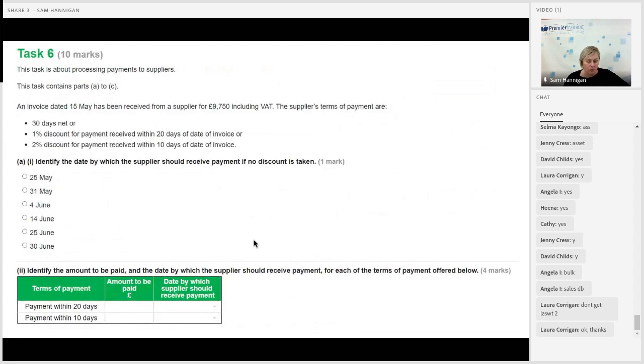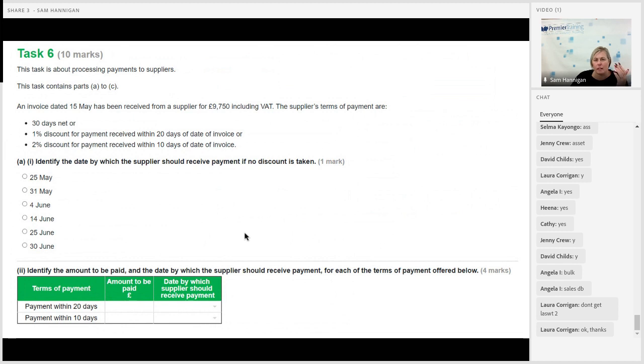Okay. Next one then is basically saying what date would you have to pay to get the discount. So it says here invoice date 15th of May for 7,950 including VAT. Supplier terms are 30 days net, 1% discount if paid within 20 days, 2% if paid within 10. Identify the date by which the supplier should receive payment if no discount is taken. Well, it says that it's 30 days. So 30 on to 15th of May. I know it's something like